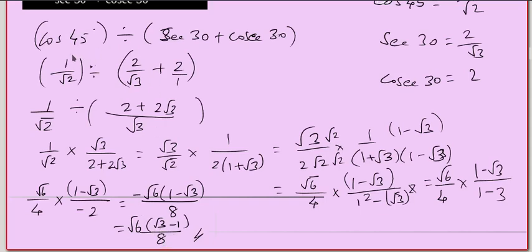Okay, so what we have done? Cos 45, secant 30, cosecant 30, all these values we have substituted and just simplified. That's it. And after simplification we have rationalized the denominator also. Denominator should not be an irrational number. So here also one irrational number, this also one irrational number. So as root 2 is an irrational number, we are multiplying root 2 on both the sides. Here 1 plus root 3 is an irrational number, so 1 minus root 3 we are multiplying on both the sides. So we got a rational number in the denominator. So the answer is root 6 into root 3 minus 1 by 8. That's it. Now let me move to the next problem.